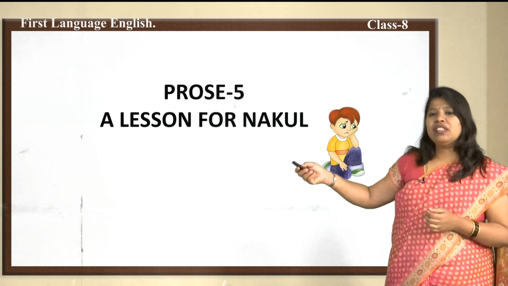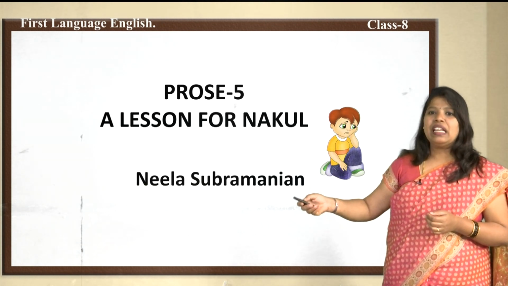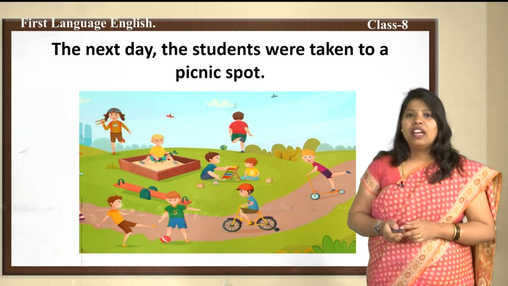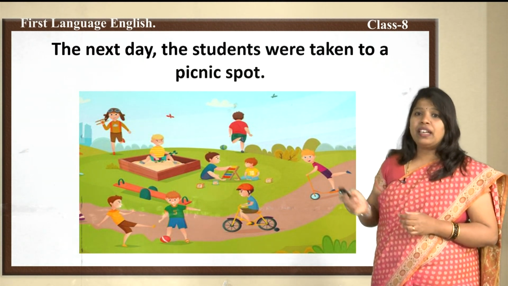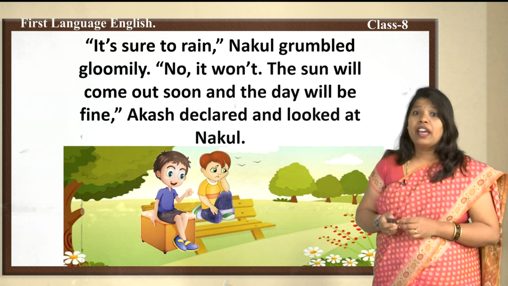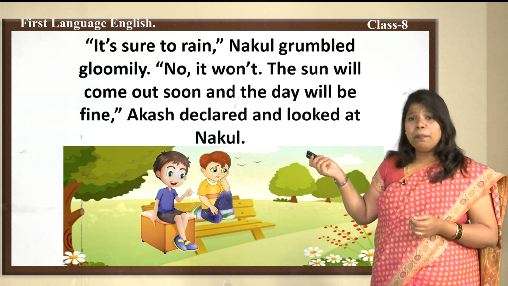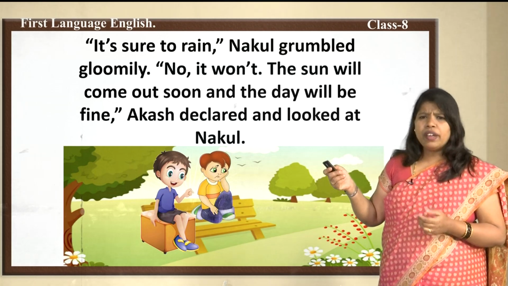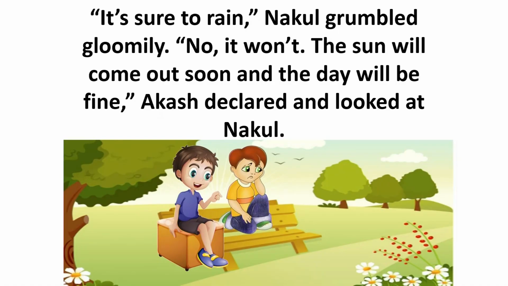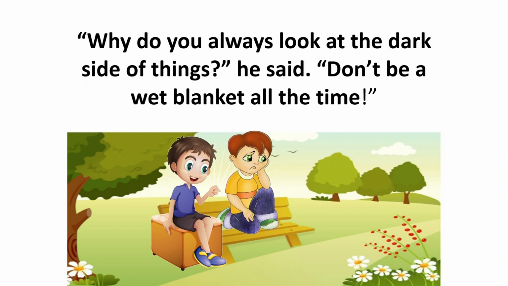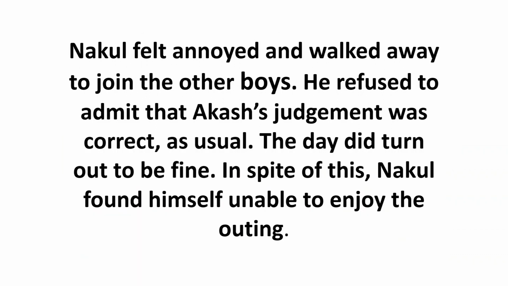Prose 5, A Lesson for Nakul, written by Neela Subramanian. The next day, the students were taken to a picnic spot. It's sure to rain, Nakul grumbled gloomily. No, it won't. The sun will come out soon and the day will be fine, Akash declared and looked at Nakul. Why do you always look at the dark side of things? he said. Don't be a wet blanket all the time. Nakul felt annoyed and walked away to